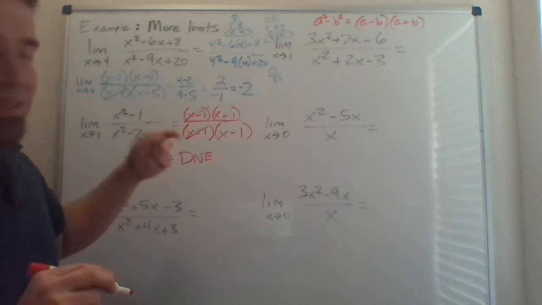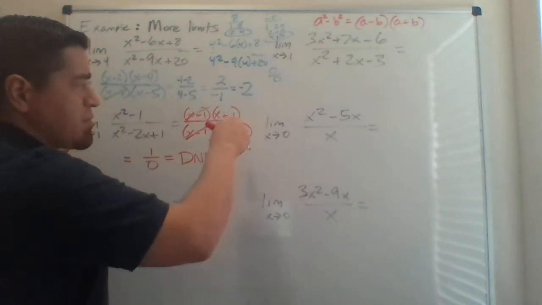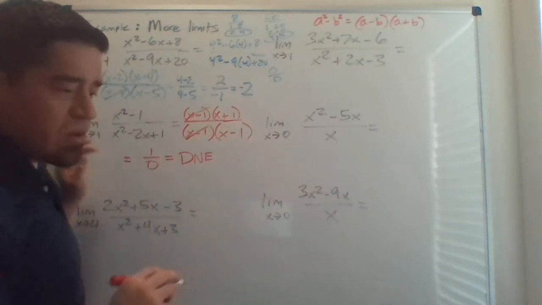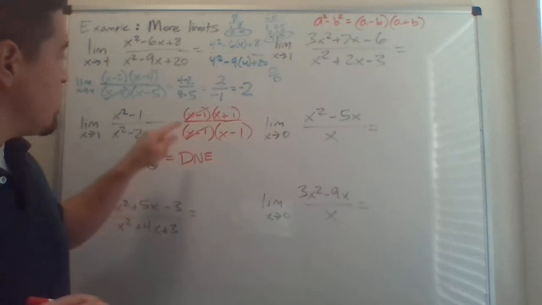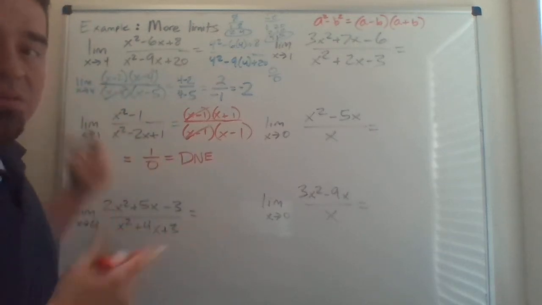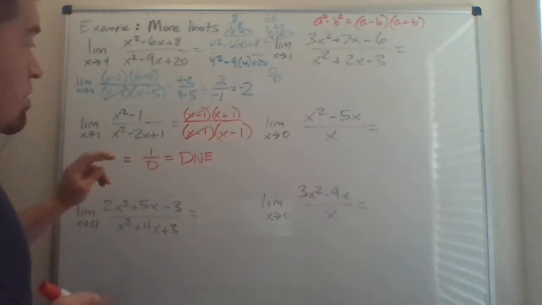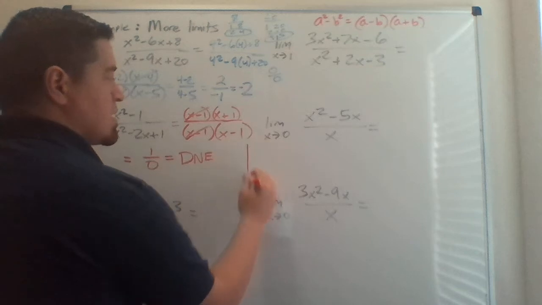If I graph this, and you have graphing calculators, or at least I gave you access to some, you can also go to Desmos.com. You can type this in, just this part, and it'll show you a picture of this on your computer if you want a quick picture. But we're going to do it just from here, though. If I were to sketch this graph,